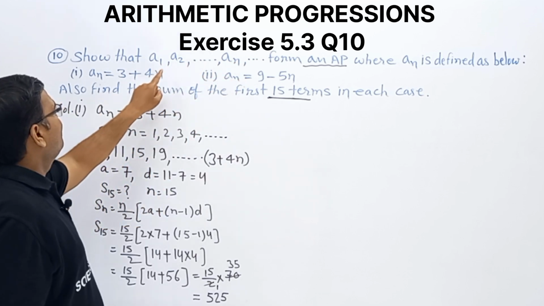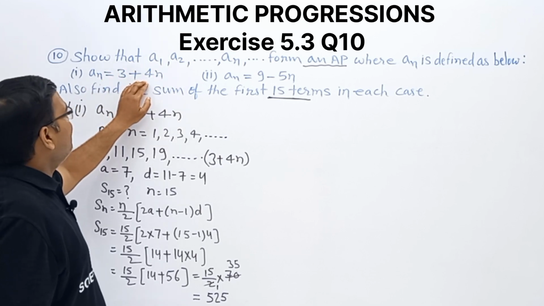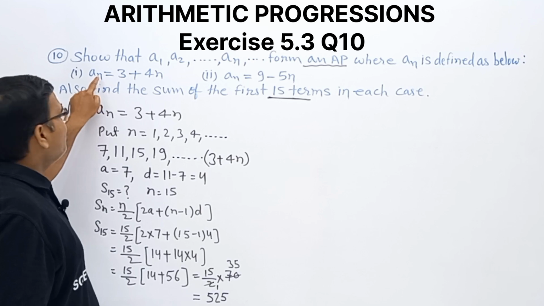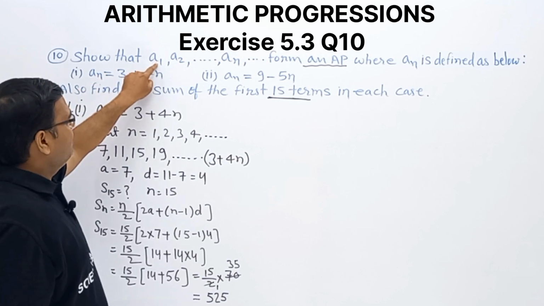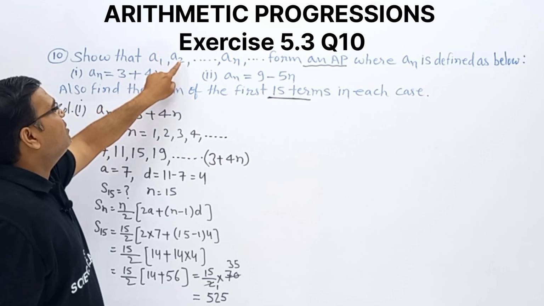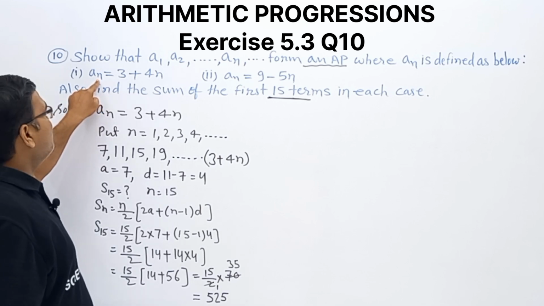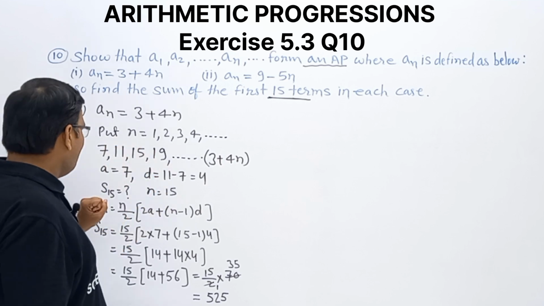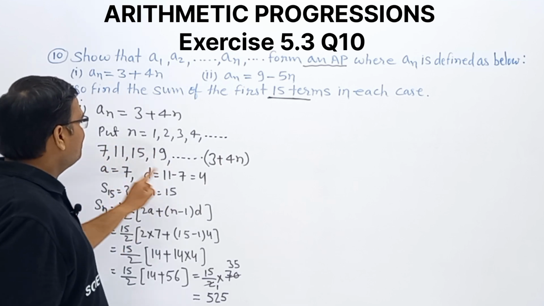Clear? So we will put the value of n in this nth term, and then we are getting the first term. Nth term is value of n equal to 1. Why? Because we are having in the question n equal to 1. 1 means A1, n equal to 2 means A2. And once we put n equal to 1, 2, 3, 4 and so on, then we are getting the AP. And this is an AP, so first term 7, common difference is second minus first.